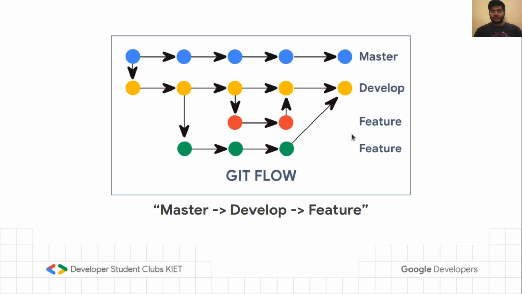The next Git workflow is Git flow. What it says is, you are on master, you create a new branch, develop, and in the develop branch you create your feature branches and merge your feature branches into your develop branch. Once we are done with the develop branch, you merge your develop branch into your master branch. This is quite different, and it is also a mostly used workflow.